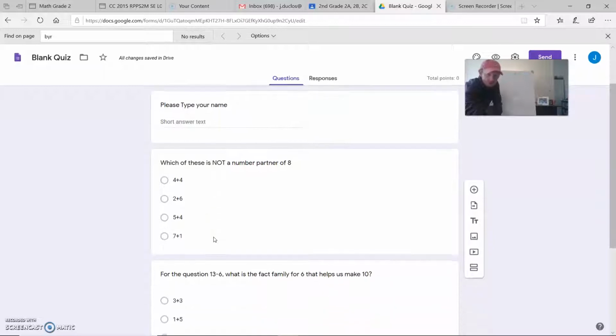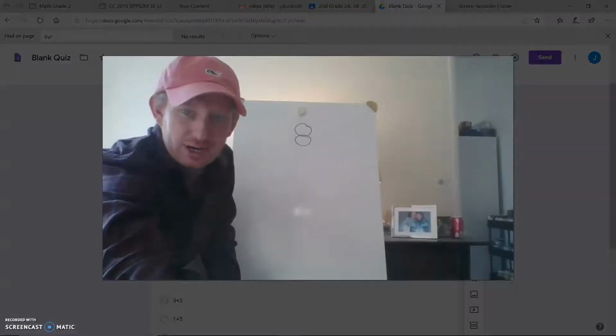Our first question asks, which of these is not a number partner of 8? All right, so we have 8. We need to do our number partners. So our number partners for 8 are